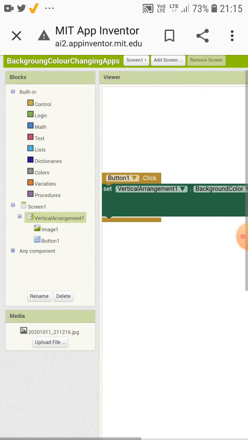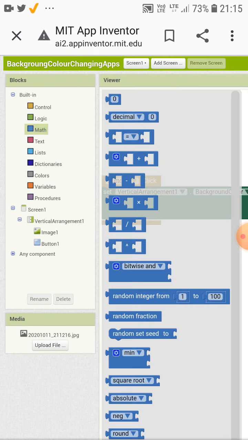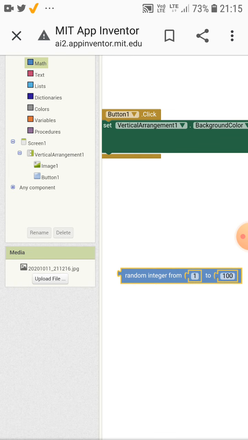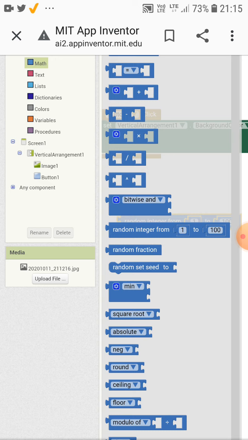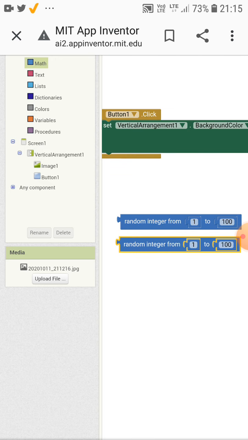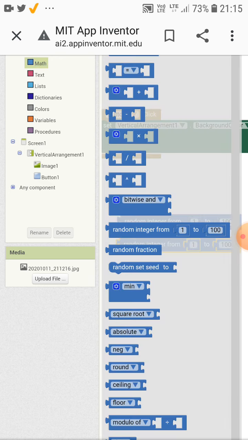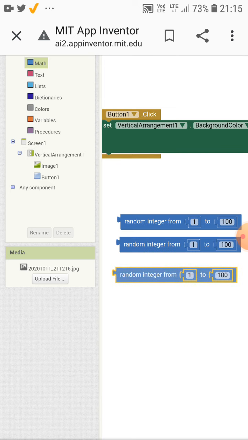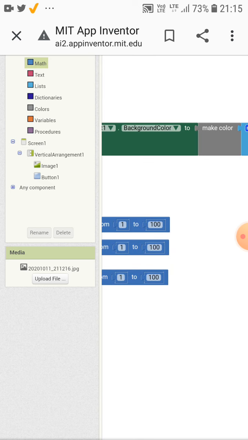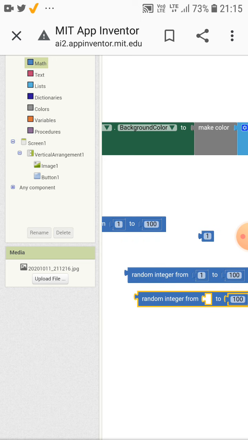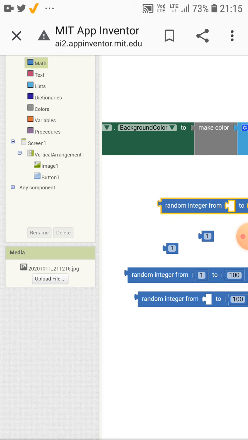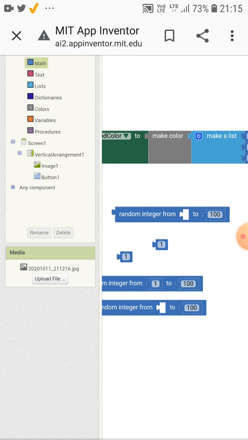Now it's all right. So click on Math. Random integer from 1 to 100. We want almost 3, as RGB are 3 primary colors with which all the colors will be made. So let's wait. I am dragging those.